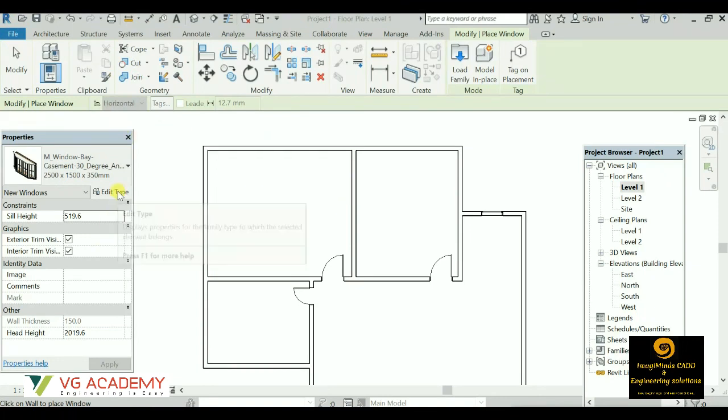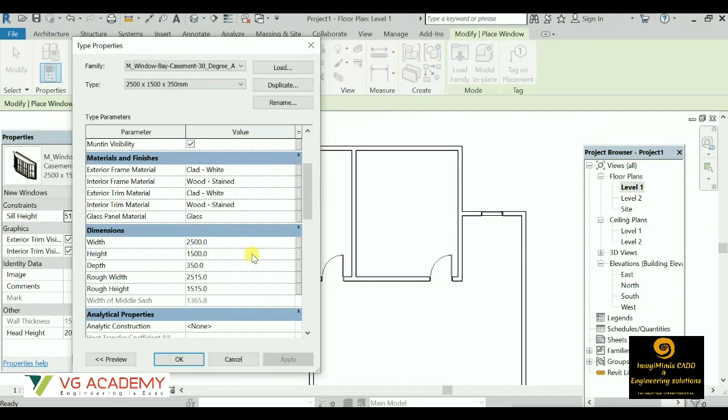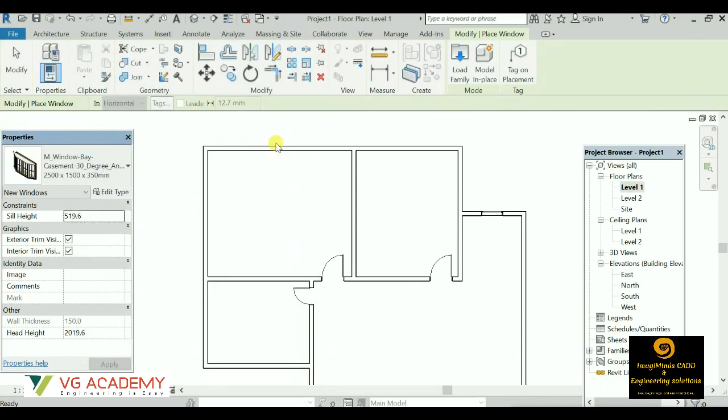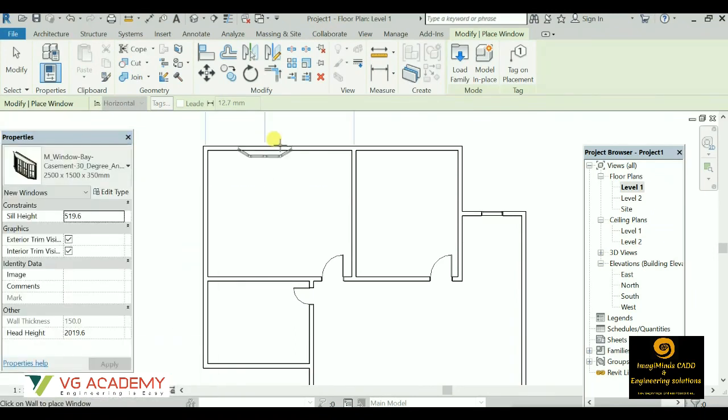So before placing, you can do the necessary editing if there is any. It's not required, only we have to keep in mind the sill height should not be greater than 600, or otherwise everything is fine.